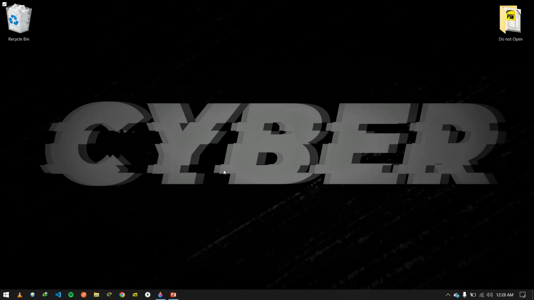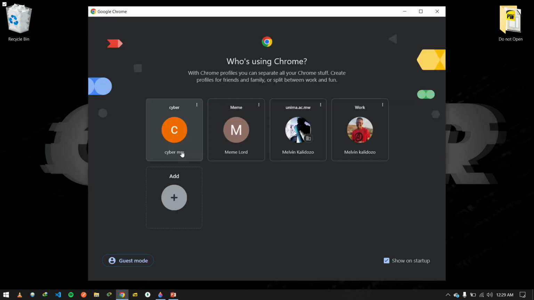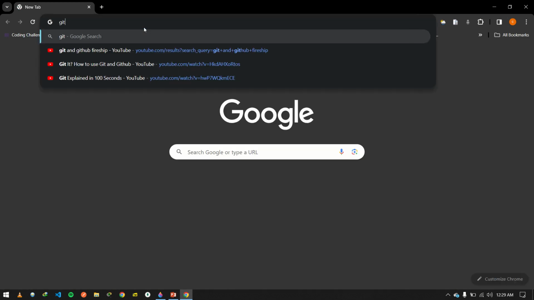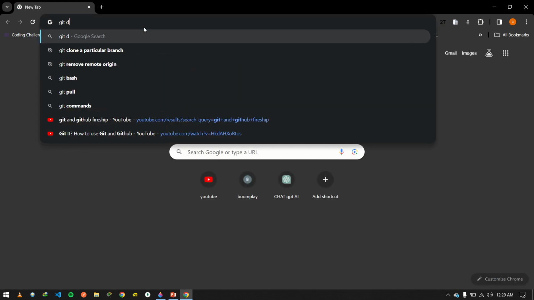So first things first, you need to download Git bash, right? You need to have Git. You need to download Git. So you can download Git by simply going Google and just simply type Git, right? Let's say git download,